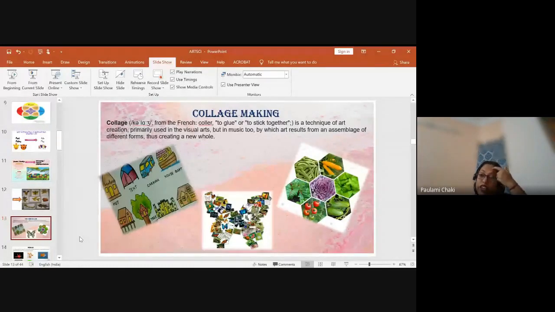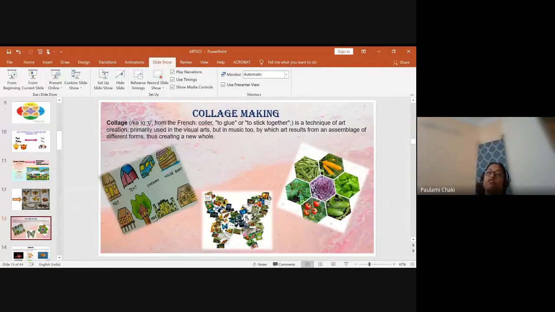learn about snakes. So we can ask them to collect different pictures of snakes and a little bit of information about them and put it in a collage form. Now here, what you can do in addition to it is, suppose this is a collage of different butterflies. Suppose I am doing it for snakes. Ask them to put all their collages in the form of a snake. The whole collage should look like a snake.